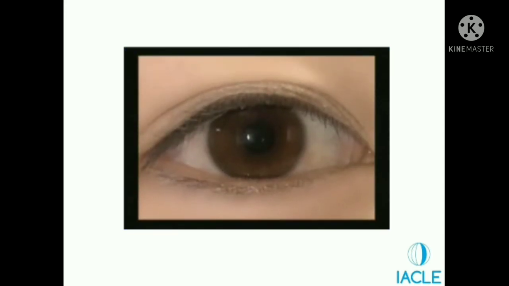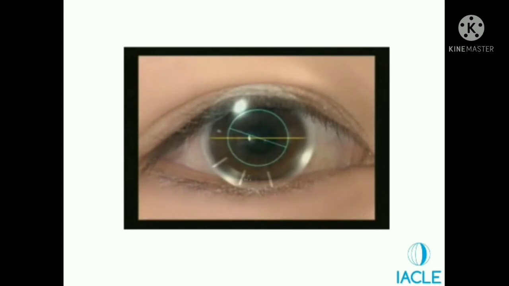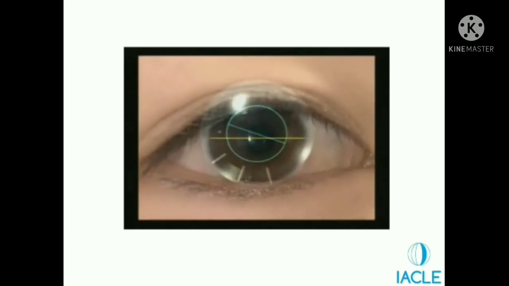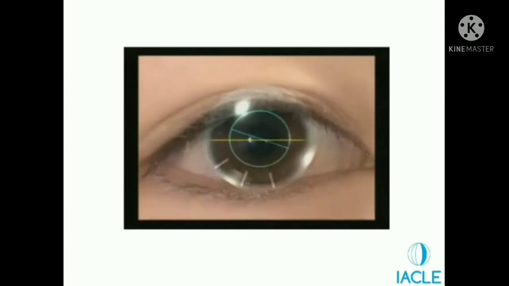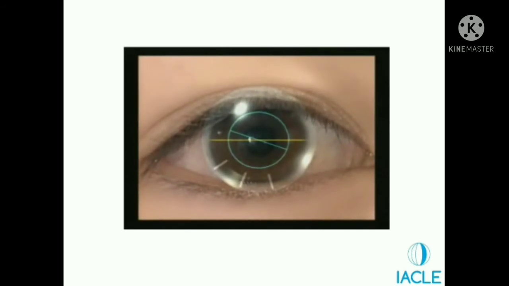Anyway, have a look at this video so that you will understand the point. This is a case in which the lens rotates 20 degrees clockwise. Since the axis of the astigmatism is 180 degrees, usually the trial lens with the cylindrical axis of 180 degrees is inserted into the eye. However, in this case, it rotates 20 degrees in a clockwise direction, and the axis of the astigmatism of the eye and the cylindrical axis of the lens do not align or match each other.